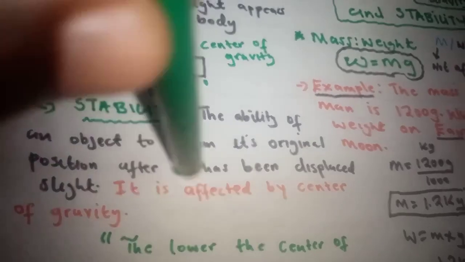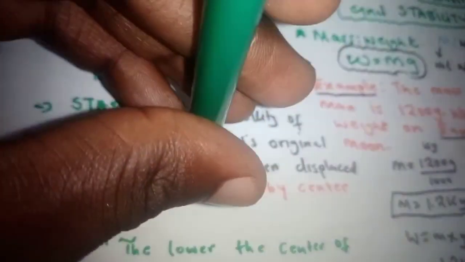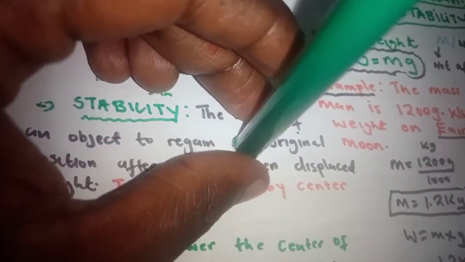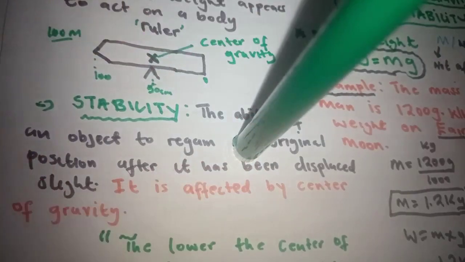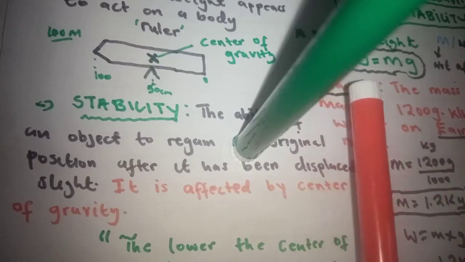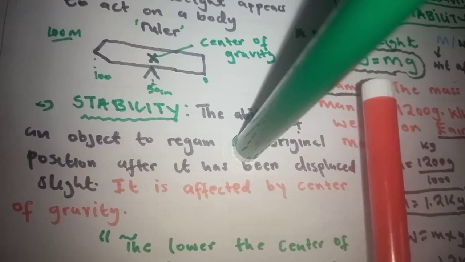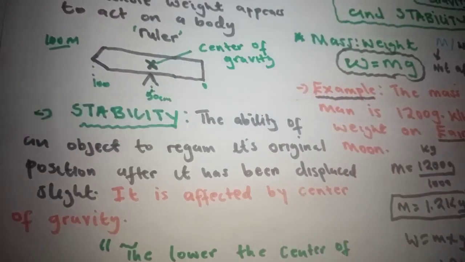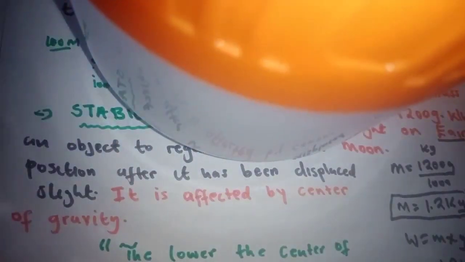Now this pen cannot maintain its position. This is the pen in its original position. If this pen had stability, even if I push it slightly, it shouldn't fall. It should not fall if it has the right amount of stability. But it falls because this marker doesn't have enough stability.